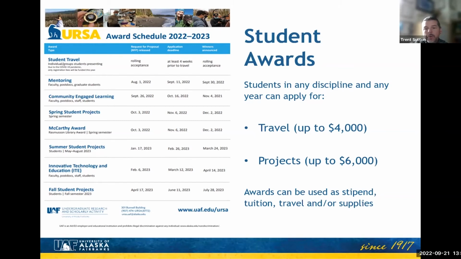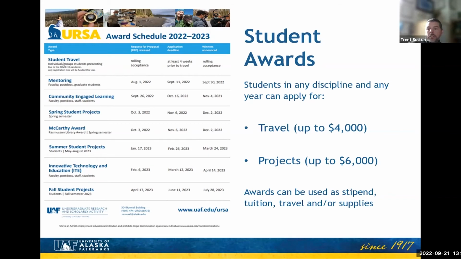And in the case of a project award, you might be wondering, what can I spend that money on? And it can be a couple things. You can use it to pay yourself a stipend, so you can pay yourself an hourly rate. A typical rate for a student is anywhere from, say, $12 to $16 an hour, roughly. During the academic year, fall or spring semester, you can pay yourself up to 20 hours a week. During the summer session, you can pay yourself up to 40 hours a week. So you can be full-time over the summer.